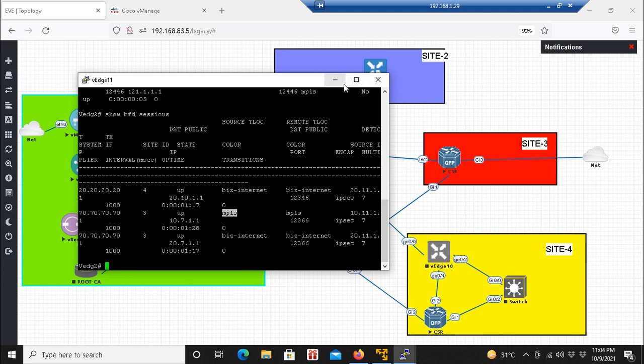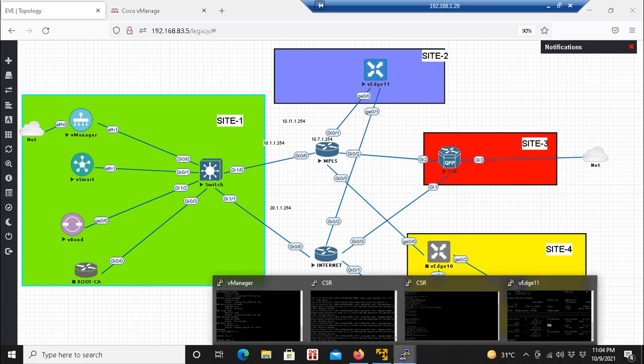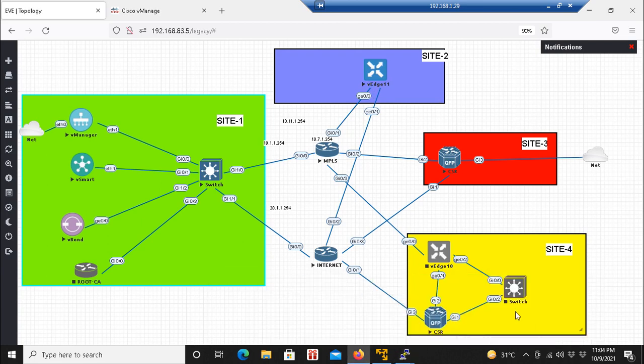Now how does data encryption work? Each vEdge, let's say this vEdge has two transports, MPLS and internet. So for each TLOC, it will create a key.